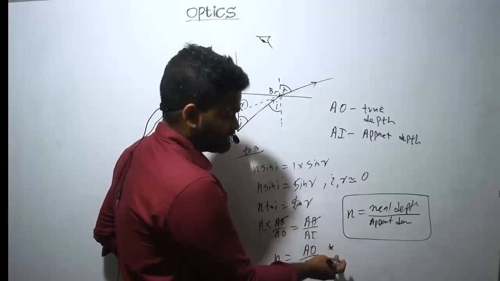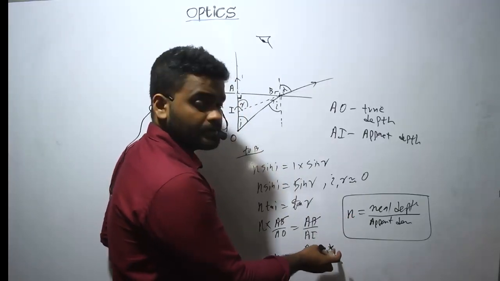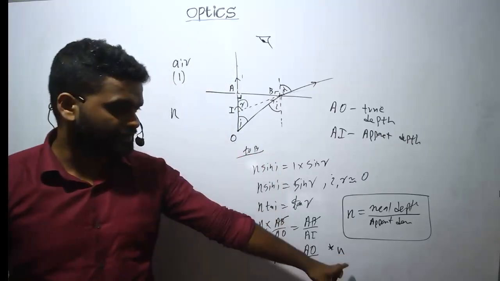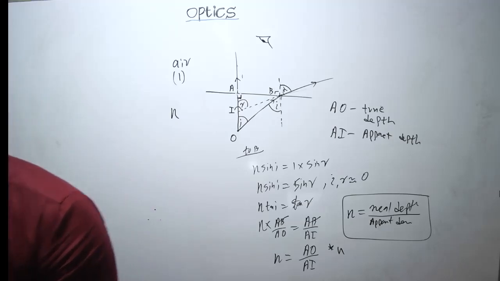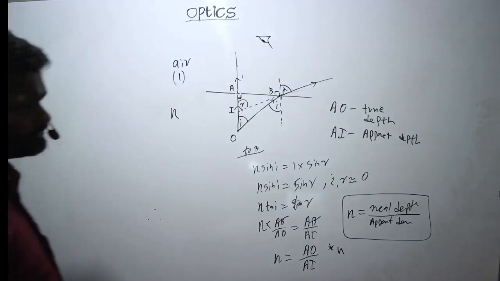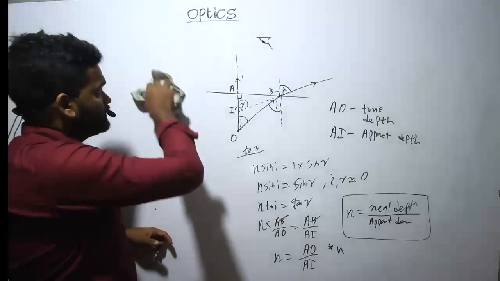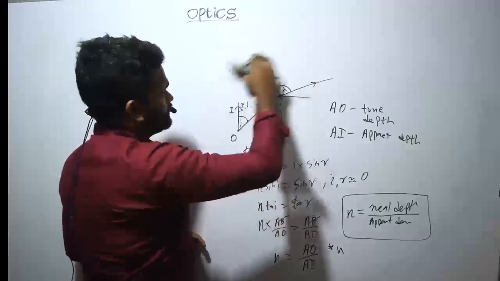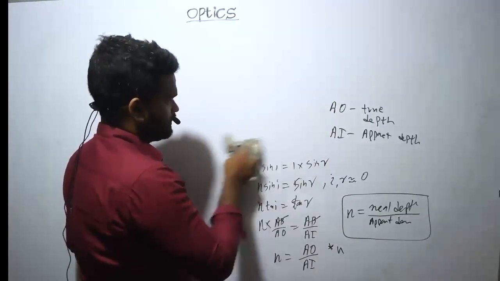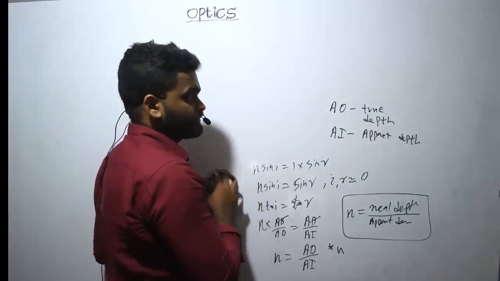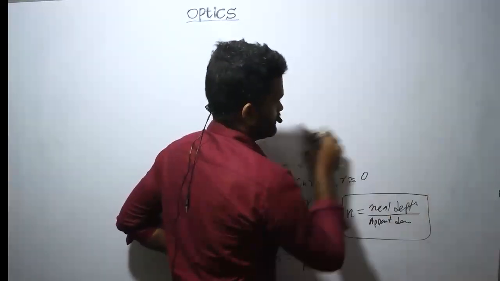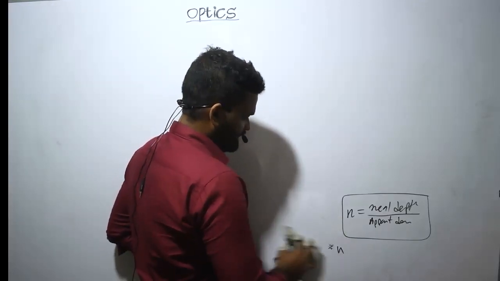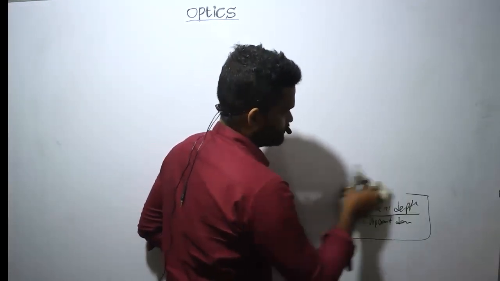Under this one, this simple n, write down: simple n is the refractive index of the medium relative to the medium